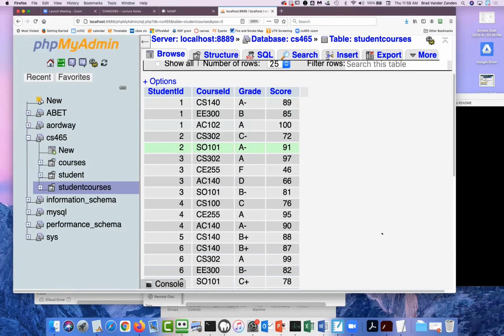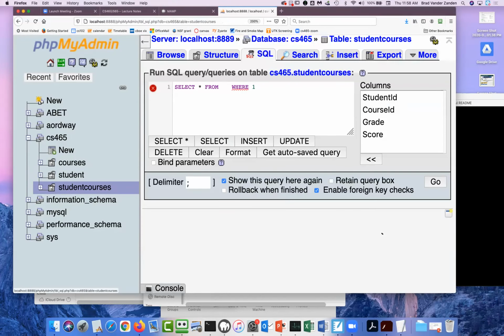I just want CS courses. The way to do that is we will select star from courses where